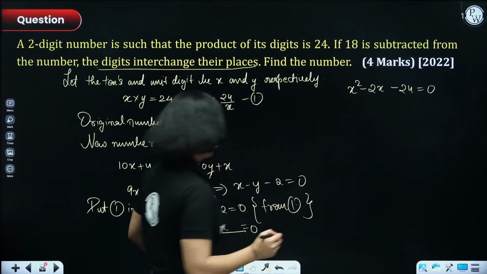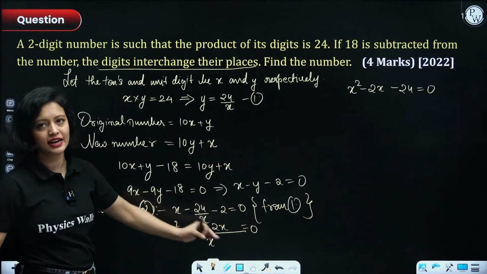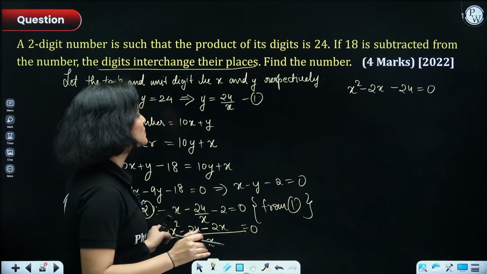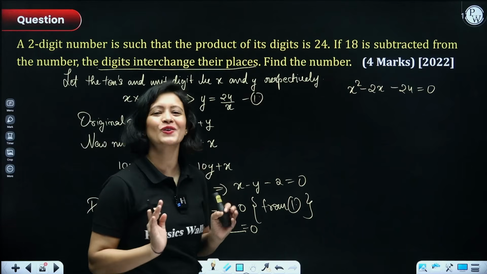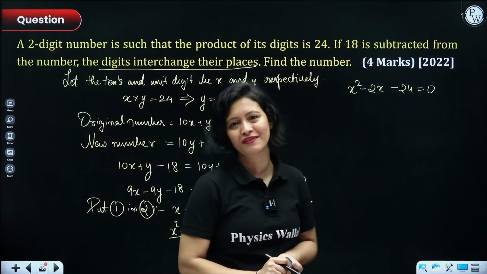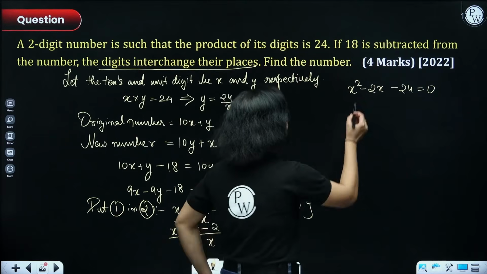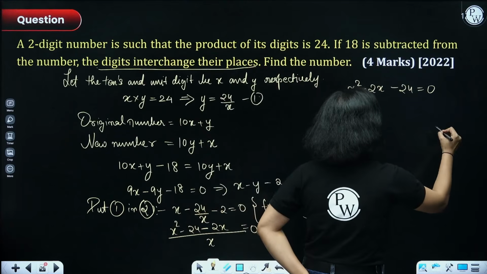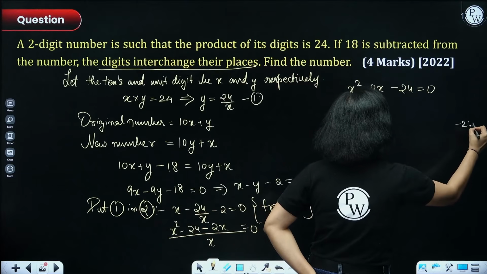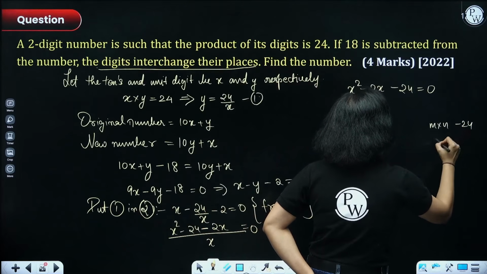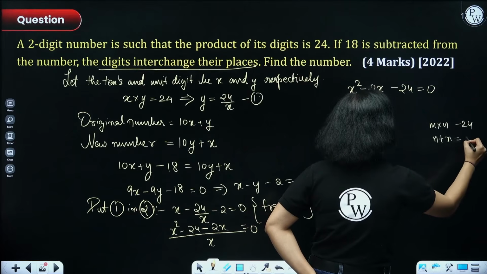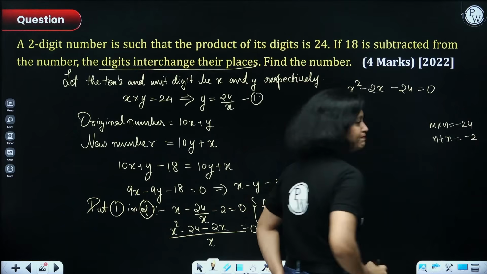Because this x here, it could be thrown on the right hand side and it will be gone. Okay? So, x square minus 2x minus 24, this is your quadratic equation. Now, you have to simply solve it. Okay? So, how can you solve it, everyone? So, think about it. How can you find two numbers whose product is negative 24 and the sum is negative 2? What are those numbers?